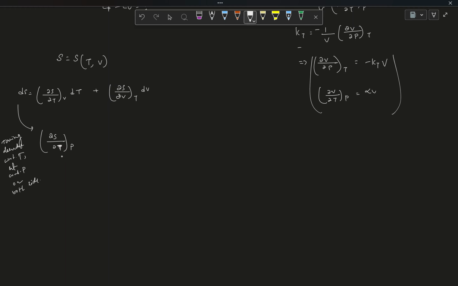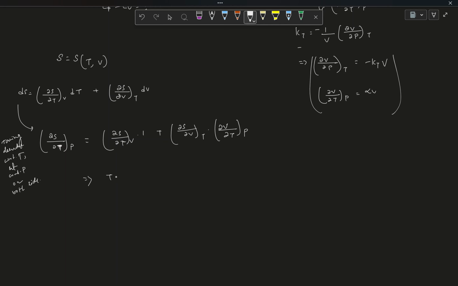So del S del T at P constant is equal to just del S del T at V constant into this is becoming 1 plus